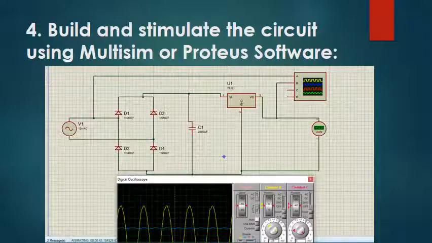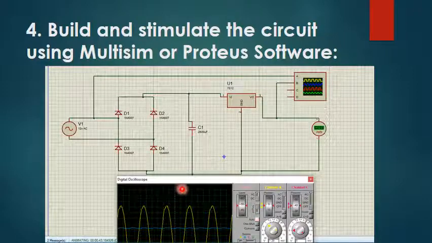In the fourth, we have to simulate the circuit using Multisim and Proteus software. In this software we made this diagram and can see the sinusoidal curves that they are giving at the different positions. Here we have used 12 volts, and here is 12 volt AC.